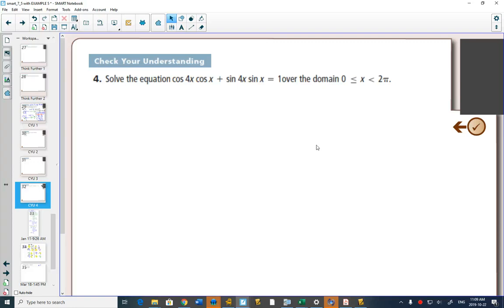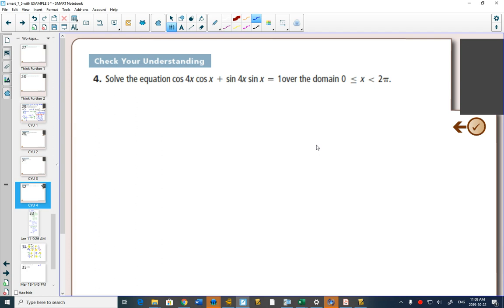Solve the equation cos 4x cos x plus sine 4x sine x equals 1 over the domain from 0 to 2 pi. So first of all, we've never done a question that looks like this before, with so many sines and so